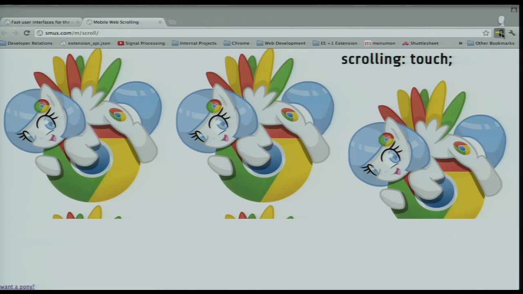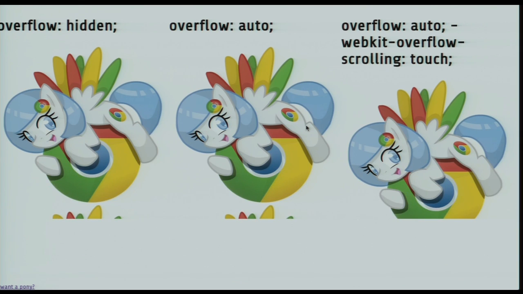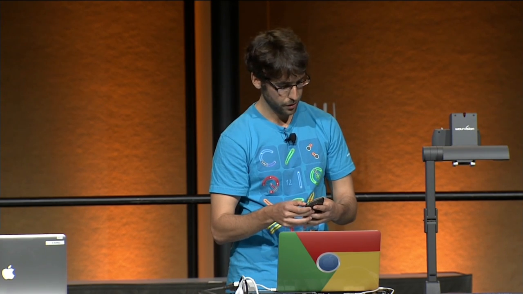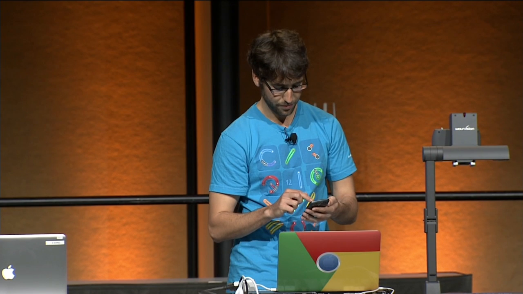So I'll send this. These are beautiful Chrome ponies. Cronies? Not sure. So I'm going to load this on the device, mobile web scrolling. I'm going to load it on both devices and see which one's faster. It's going to be a race. So you can watch them race. Anyway, while it's loading,